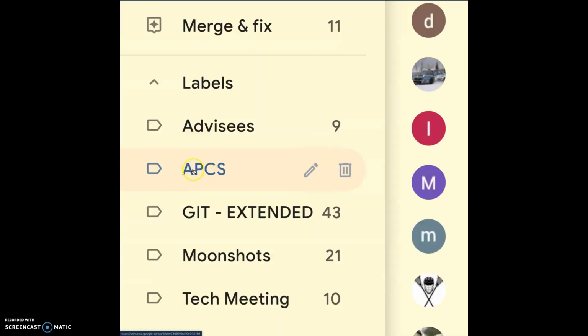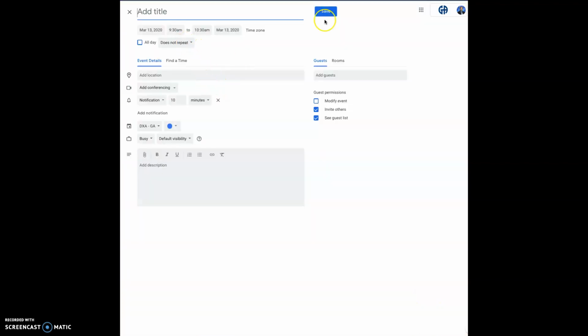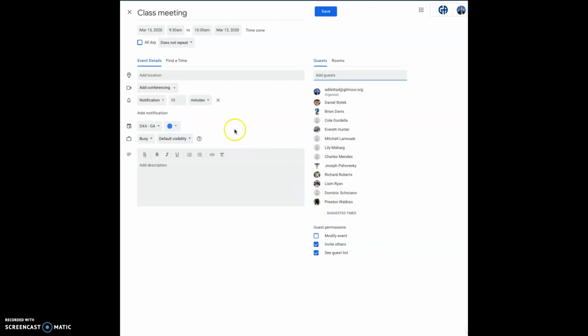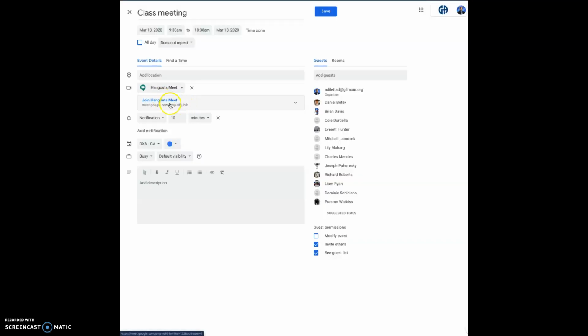Cool stuff that I can do now that I have an AP Computer Science label or group in my contacts. If I'm, say, on Google Calendar and I'm creating a new event, I can have a class meeting and I can ask for my AP Computer Science students to please attend this meeting. And I can then add a web conference. So now they'll all get an invitation to join me in a conference, and I can walk them through a